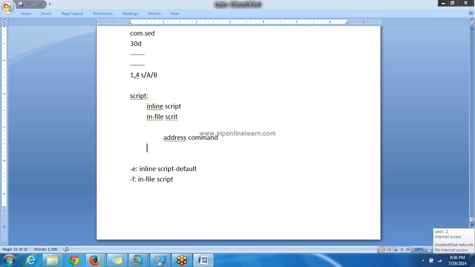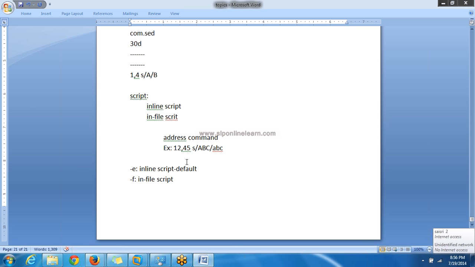So here I am saying some address, for example 12 comma 45, space, substitute ABC with small abc. Up to here this is the address, and next, after the space, this is the command. Again, this is some kind of regular expression. We are substituting capital ABC with small abc.